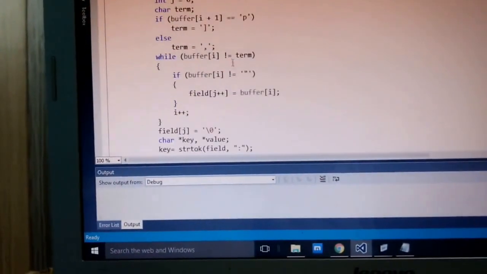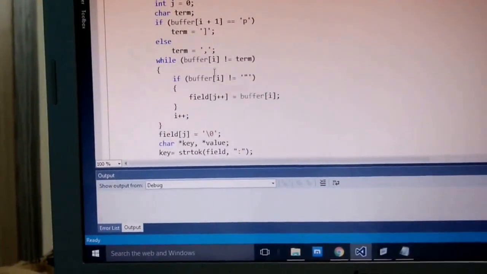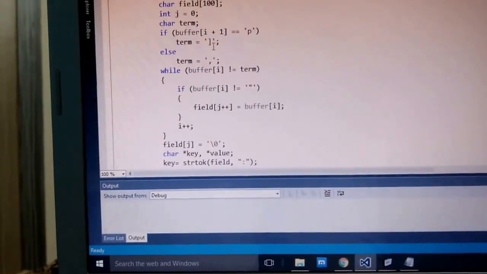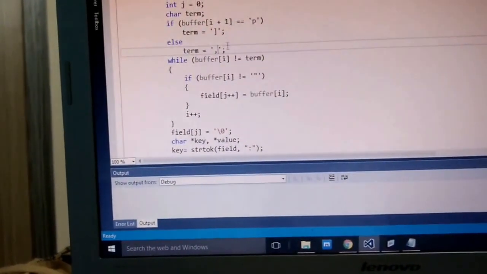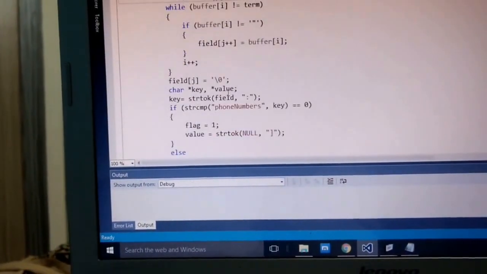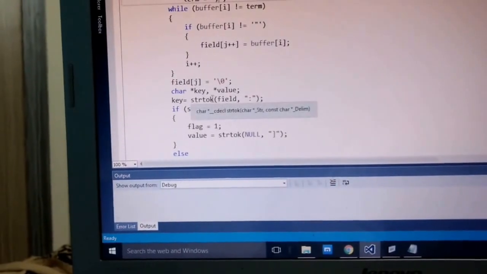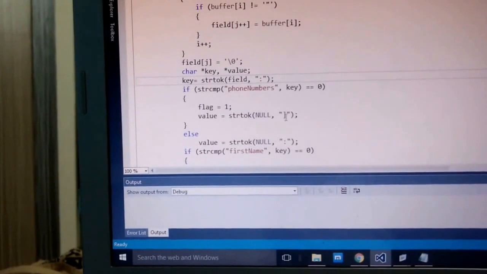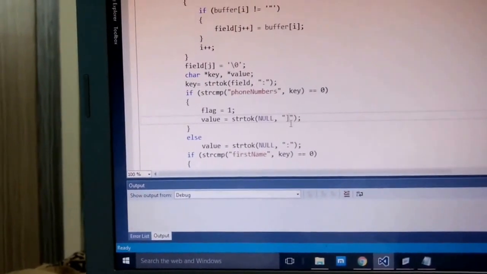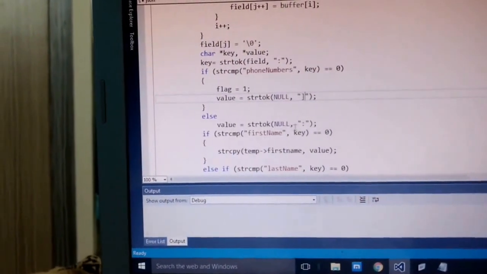After it scans, if it's a phone number, the ending character is a square bracket, otherwise it's a comma. While that character occurs, it keeps scanning and adds it to the field. Then using strtok, I'm splitting it into a key and value with a colon. If it's a phone number, again the terminating character for the value should be a square bracket, otherwise it's just a colon.